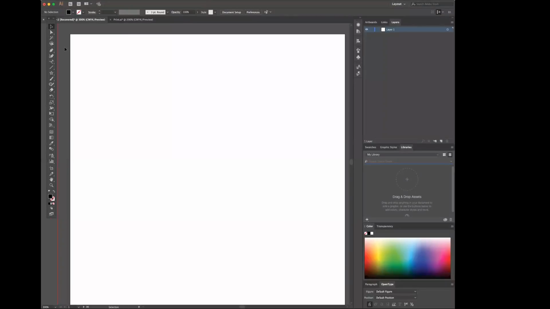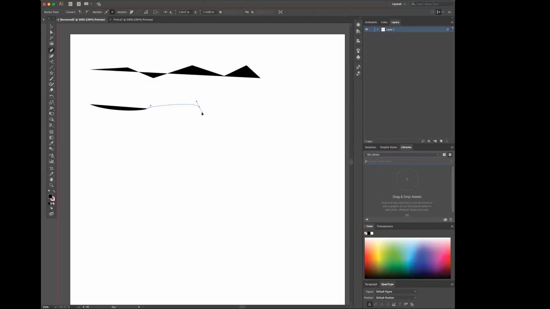Okay, so let's practice type on a path. I'm going to grab my pen tool, and if you hold down the shift button, you can get some curvature to your line. Let me back up. As you're using the pen tool, if you click, it will just draw straight lines like this, okay? If you hold down with your pen tool, it'll allow you to create some curve. Hold down and pull that anchor.